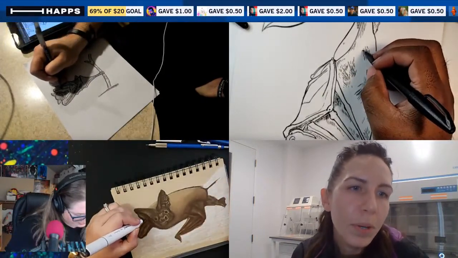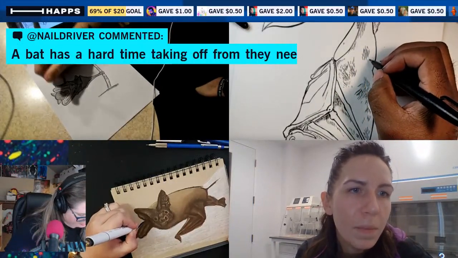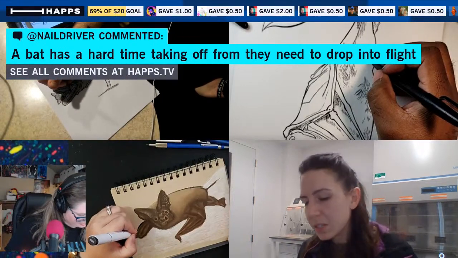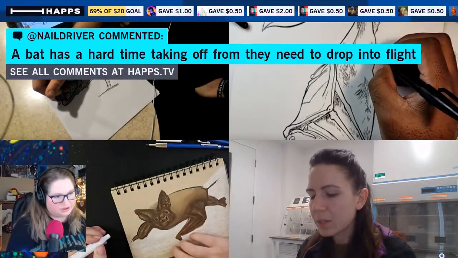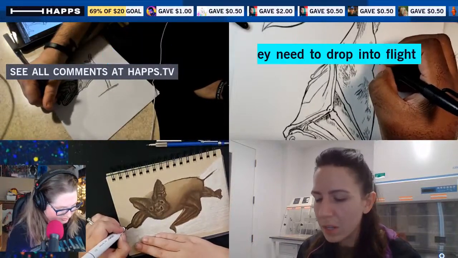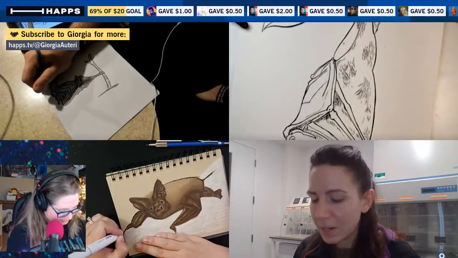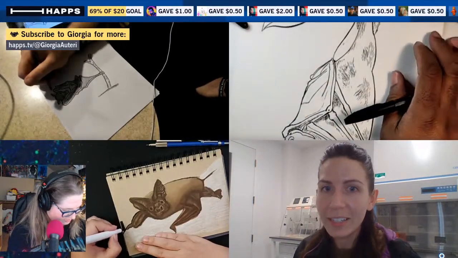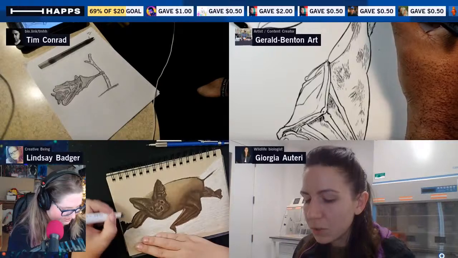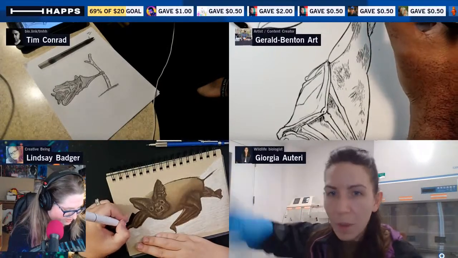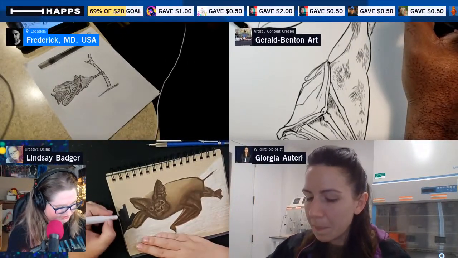Paul Daly, another good point. A bat has a hard time taking off. They need to drop into flight. This is also true for a lot of species. Actually, I talked about this in a presentation a couple weeks ago. A lot of times I'll get an email from someone saying they found a sick bat, and they send me a photo, and I think, the bat's probably not sick. It probably just accidentally landed on the ground, and there's nothing nearby for it to climb up. If there is something nearby, like a tree, they'll climb up it and then drop down into flight. But if there's not anything nearby,